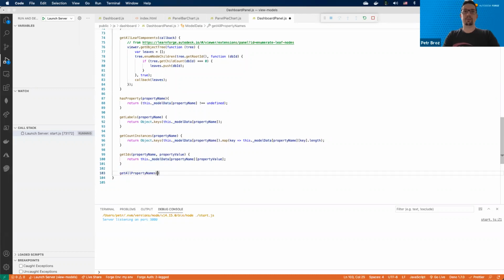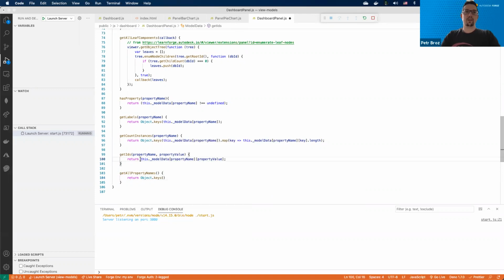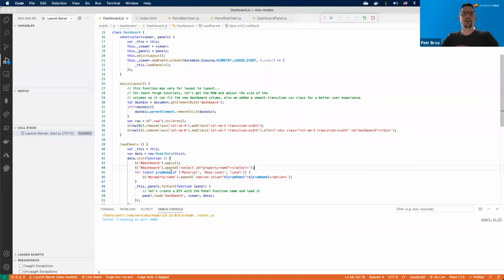I'm going to add another helper method here, right? And we're going to say return Object.keys, which is a built-in method on the Object class, of this model data. That basically means give me an array of all the strings that are used in this object as keys. And we know by now that these will be the different properties, right? So getAllPropertyNames is what I decided to name my function. So I'm going to go back to here, and now instead of using some hard-coded list of strings, I'm going to say